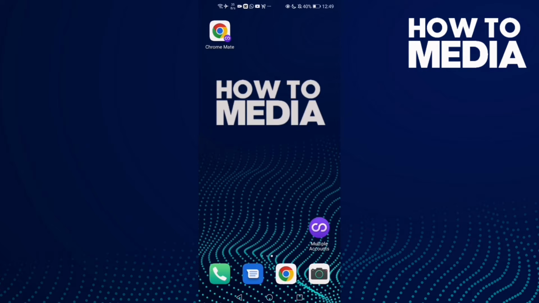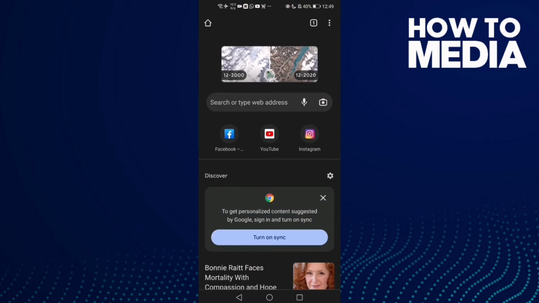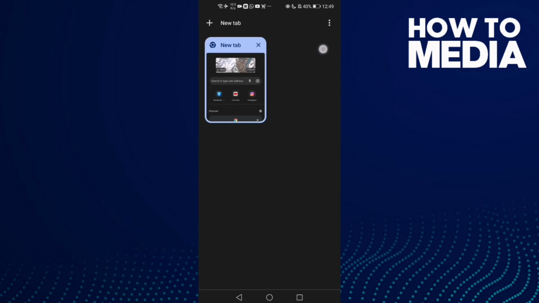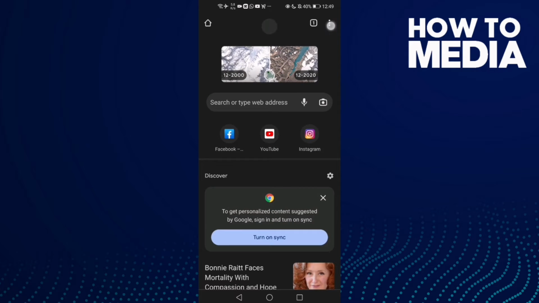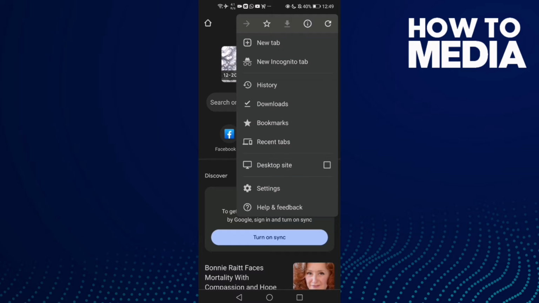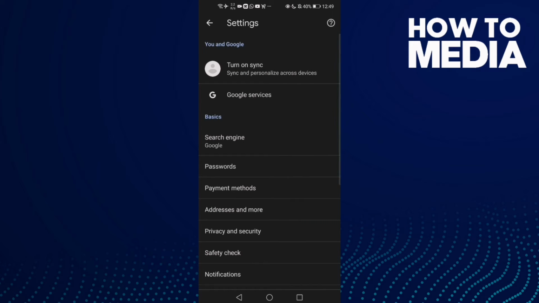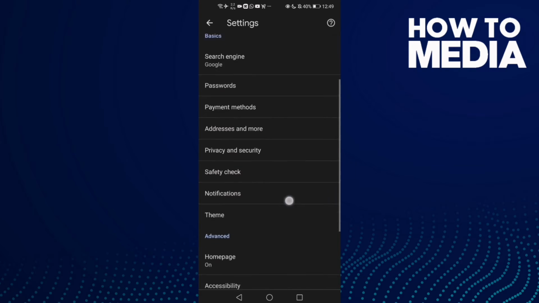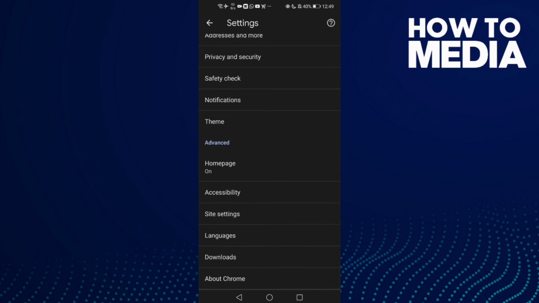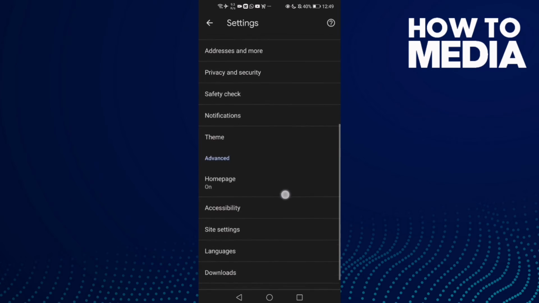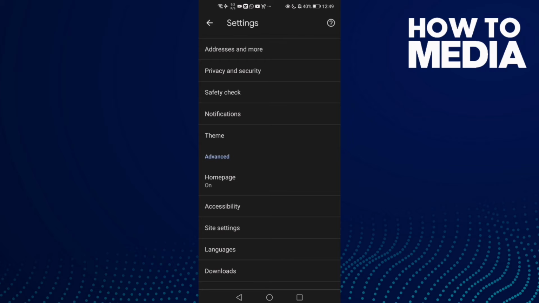First, we're gonna go to Google Chrome and now click these three points here on the top corner, and then you will find here settings. Click on it, and then go down and you will find here accessibility. Click on it,